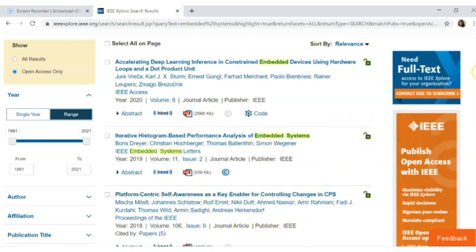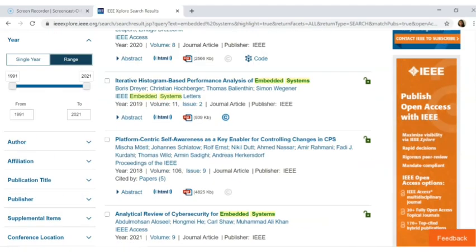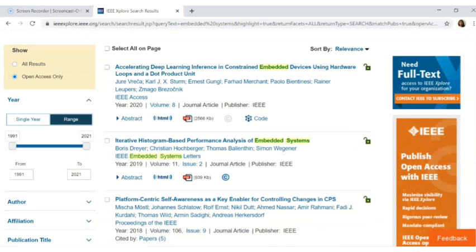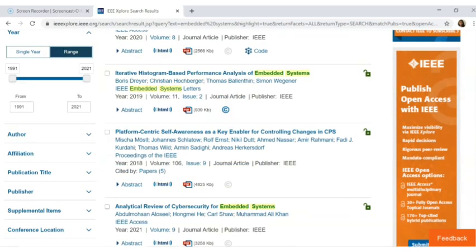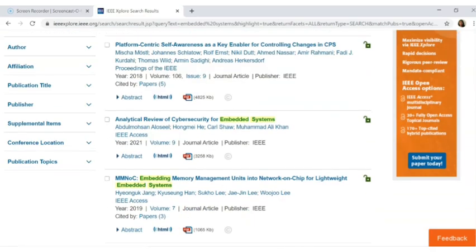If you want to read the complete paper, just click on the icon and you will be getting the total paper. But my suggestion is that rather than just clicking on every paper and reading the complete paper, it will be easier for you to read the abstract first, and then if you think that there is something interesting in this paper or something to read in it, only then go for the complete paper. That is how you can read the papers.